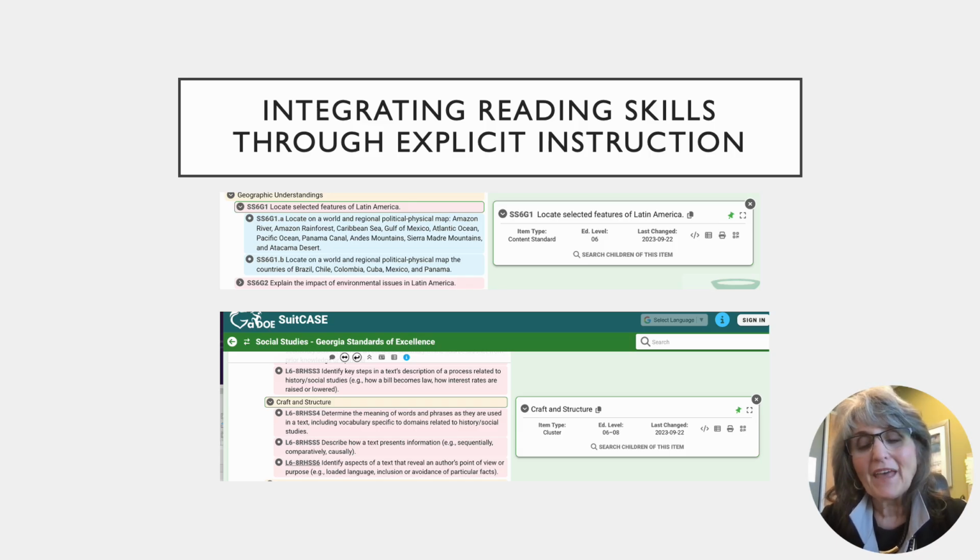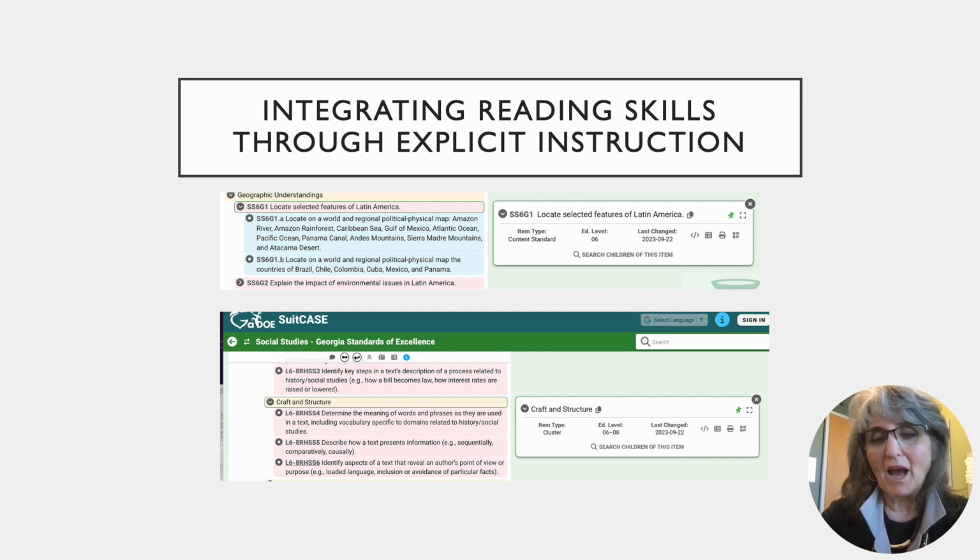And I know that in my integrated lesson plan, I have to have 2 standards. So I picked my first one dealing with South America, and then my second one is going to deal with determining the meaning of words and phrases. All right. So I found my 2 standards and I put those on my lesson plan, and I would start building